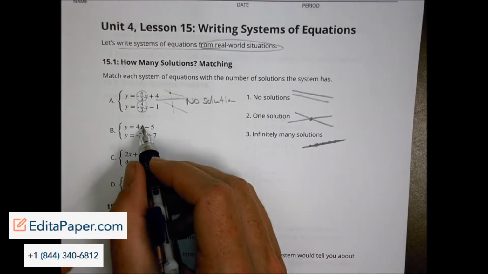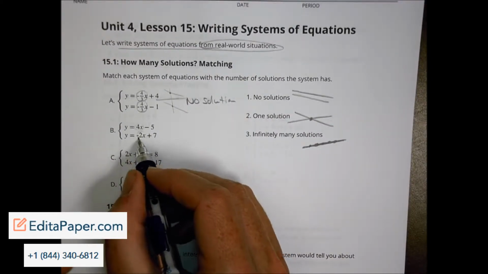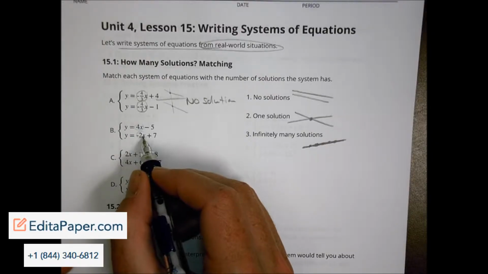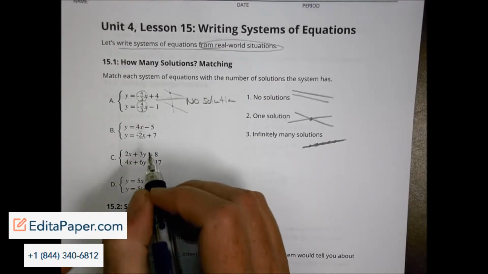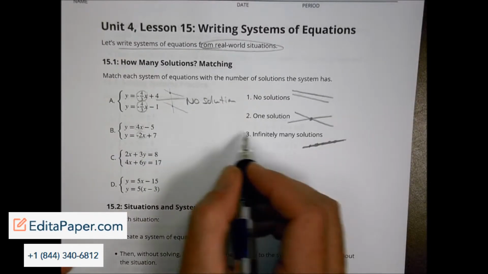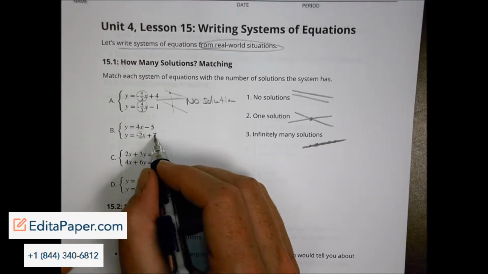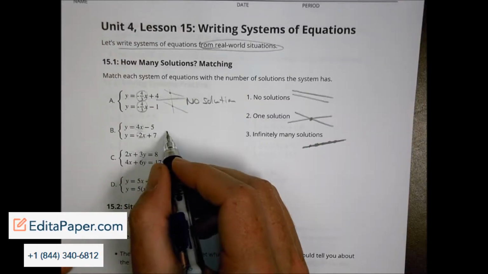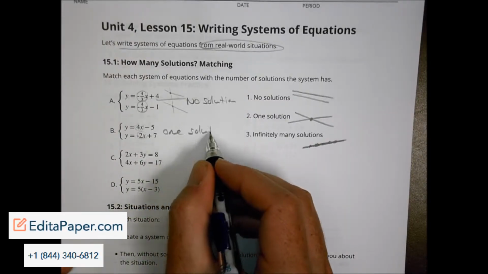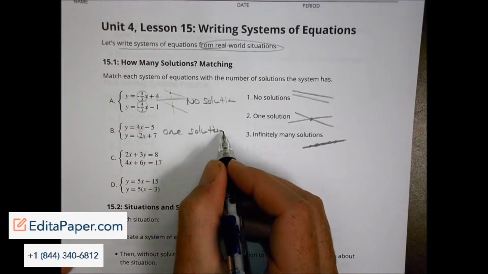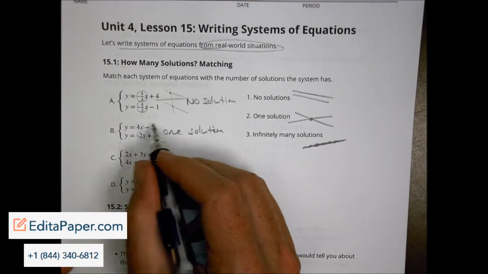For B, we have a slope of 4 and a slope of negative 2. Okay, so we have different slopes. Different slopes is a good thing. I also need to check to make sure it's not the same equation though. So 4 divided by negative 2 is that, but negative 5 divided by negative 2 is not 7. This is going to be a one solution one because it has different slopes,